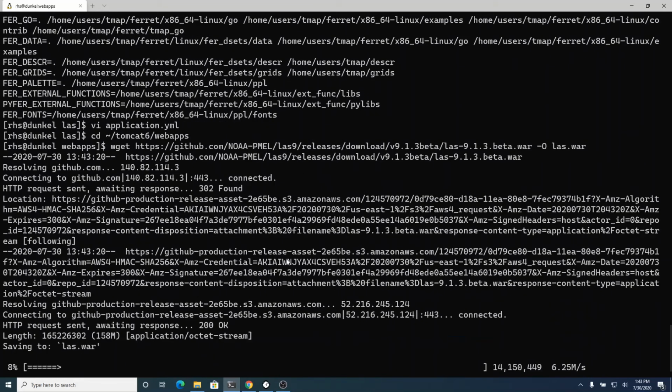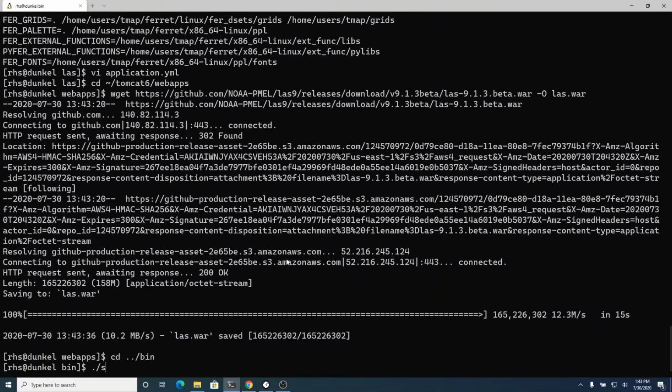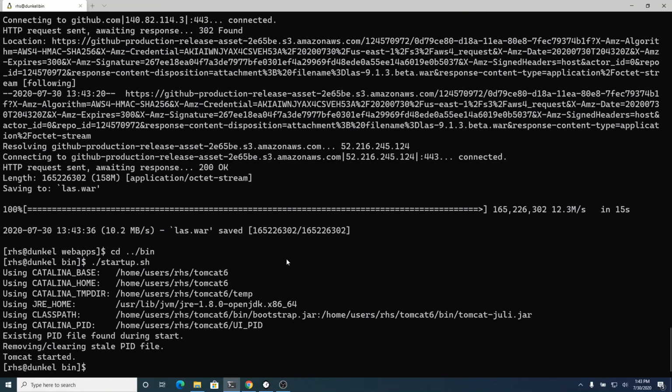So drop that into the webapps directory, and start up our server.